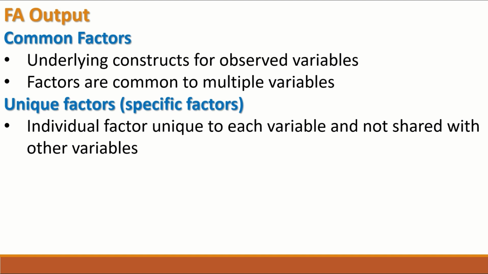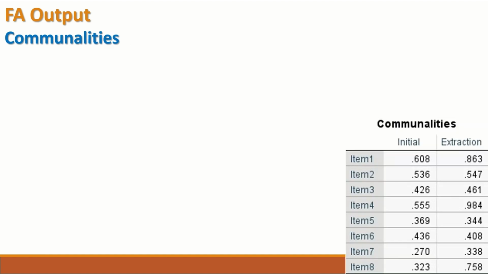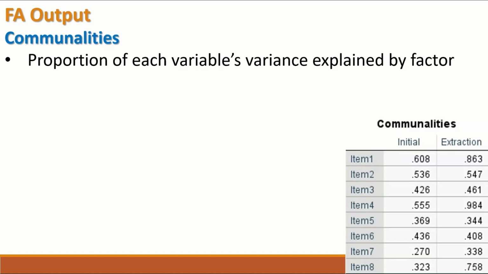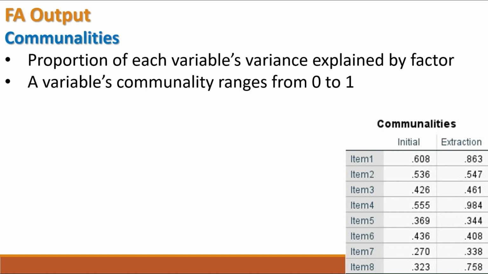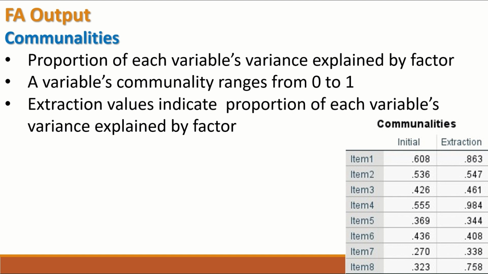Unique factors are specific factors. Those are individual factors unique to each variable and not shared with other variables. Also, an output from the factor analysis shows the communalities values. The communality is the proportion of each variable's variance explained by factors. A variable's communality ranges from 0 to 1, and extraction values indicate the proportion of each variable's variance